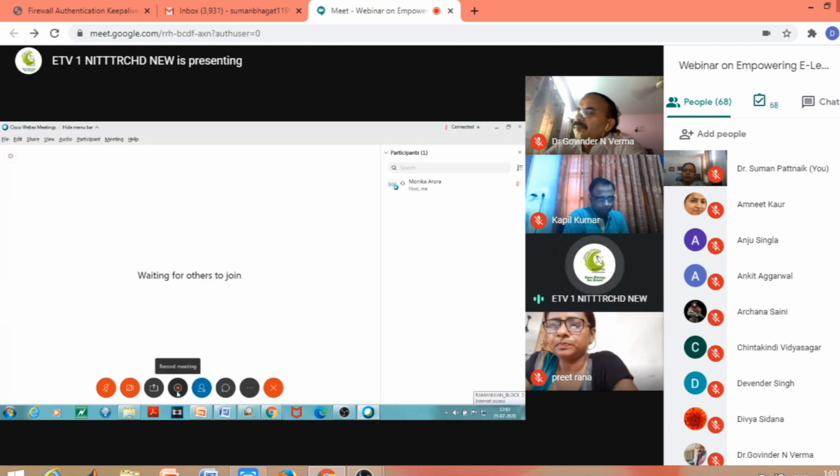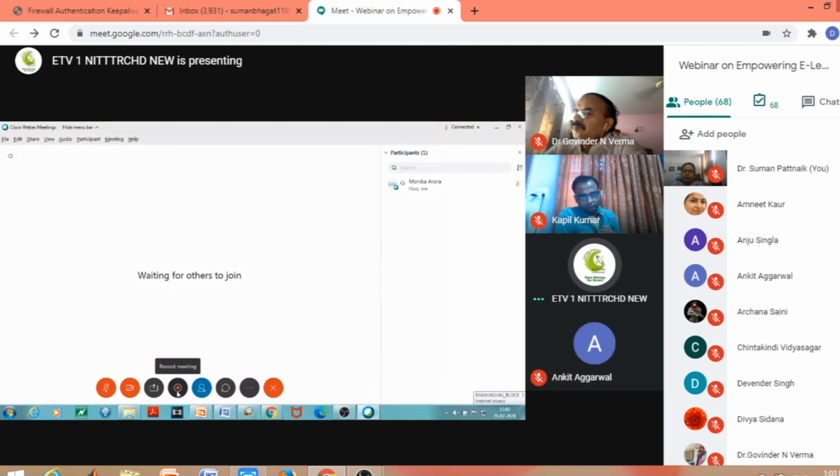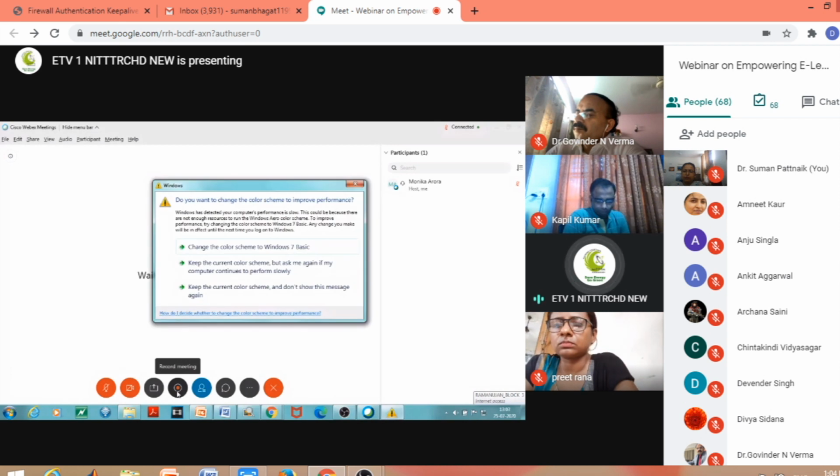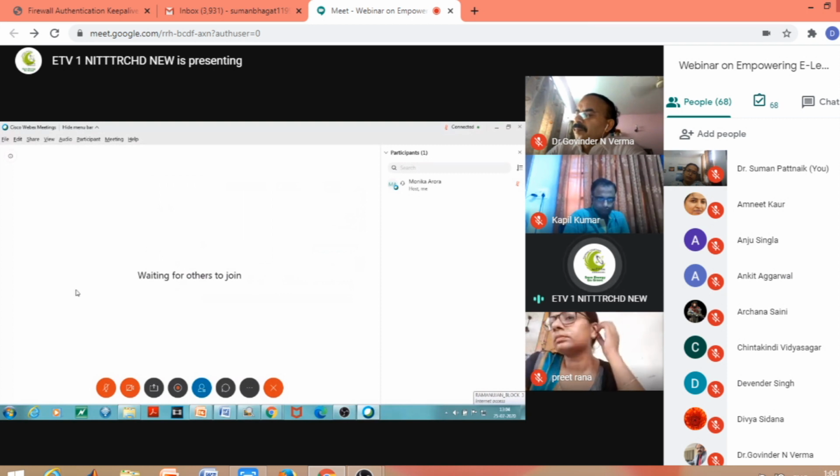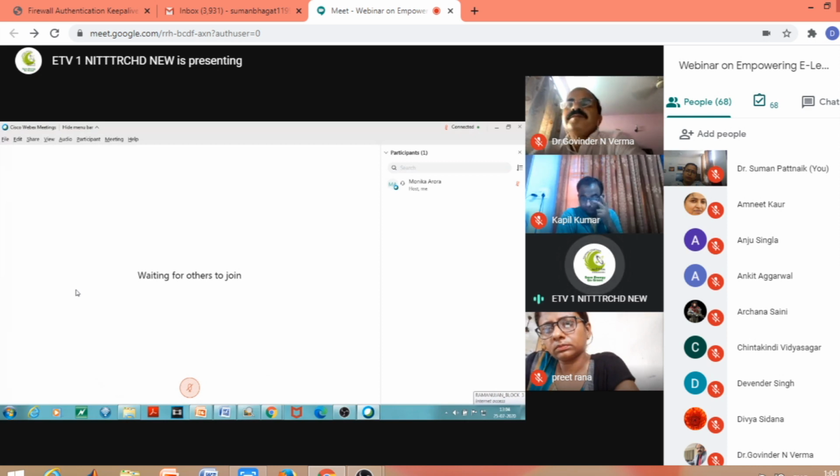You also have the option of recording a meeting, which is missing in the free version of Google Meet, but is present in the paid version of Google Meet. If you are using any enterprise version, you have the option of recording a meeting, and that meeting will be stored in the Google Cloud. The cloud storage of Google is very good. It gives 15 GB free storage in the free version, and if you are using the paid version, it will give you 30 GB for business and 1 terabyte for the enterprise version.